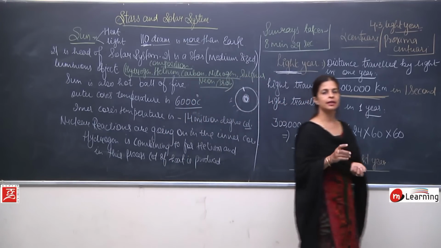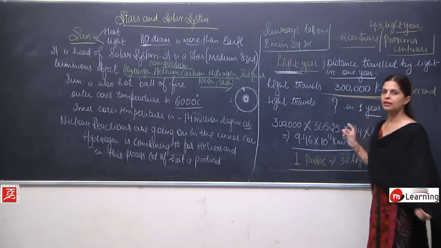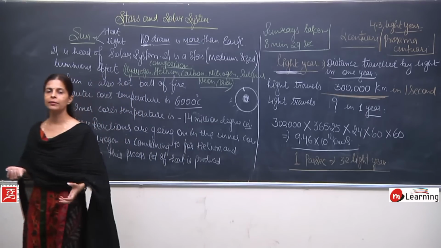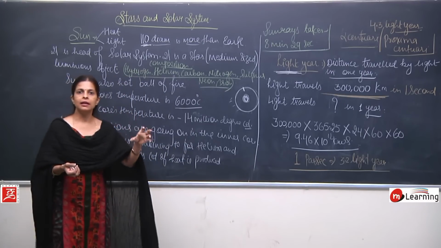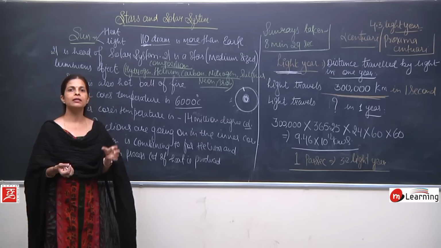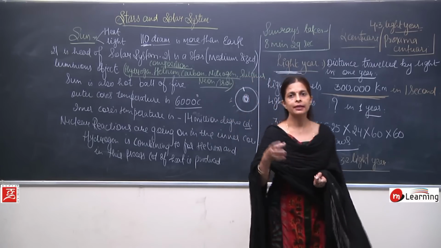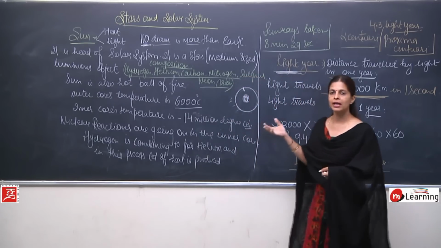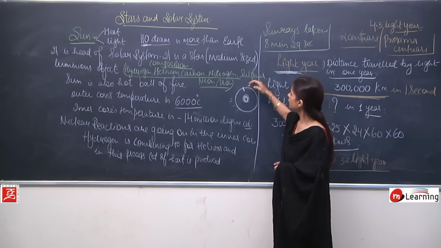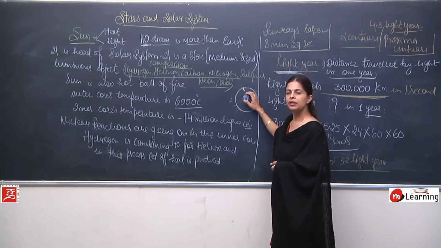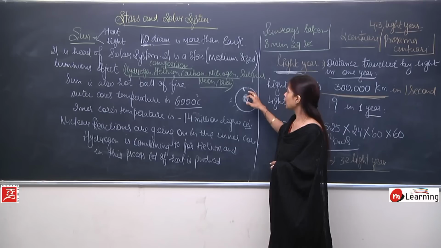So what are we discussing here? We are discussing the sun. What is the sun? The sun is a very hot ball of fire. It has a lot of things inside it. Many reactions are going on. Hydrogen is combining to form helium. Nuclear reactions are going on inside it, and the outer layer has a temperature of around 6000 degrees Celsius. Here the temperature increases, it becomes very high, around 14 million degrees Celsius.